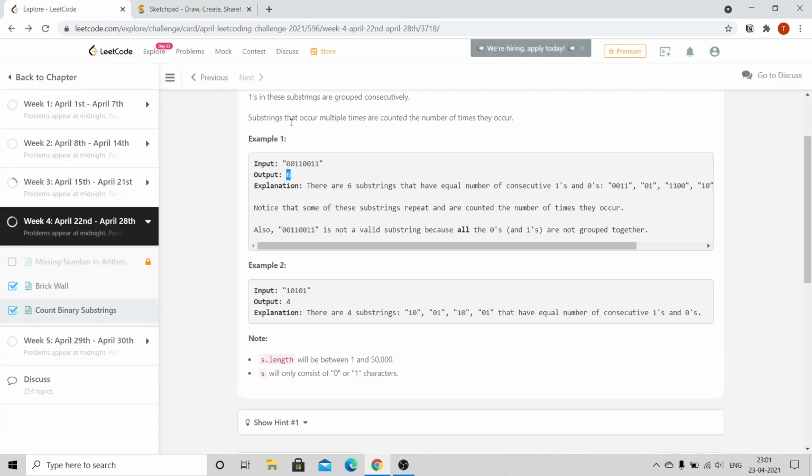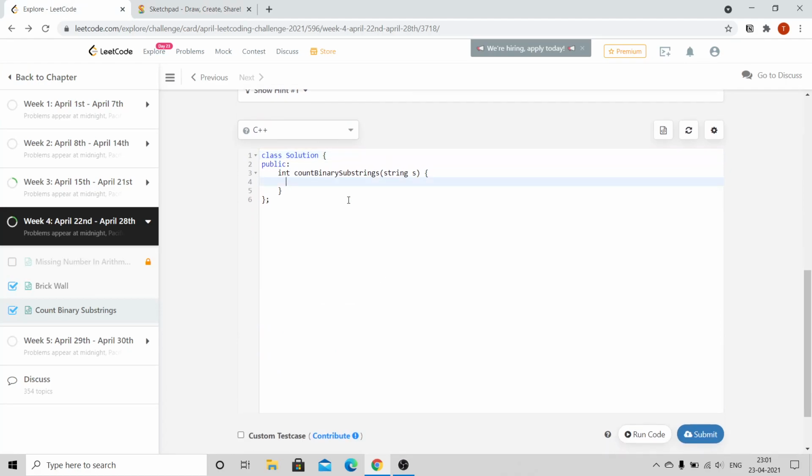Now I'll get to the coding part of this question. Let me declare a variable n which stores the size of the string, and now we'll also use a vector to store the frequency of the zeros and ones.